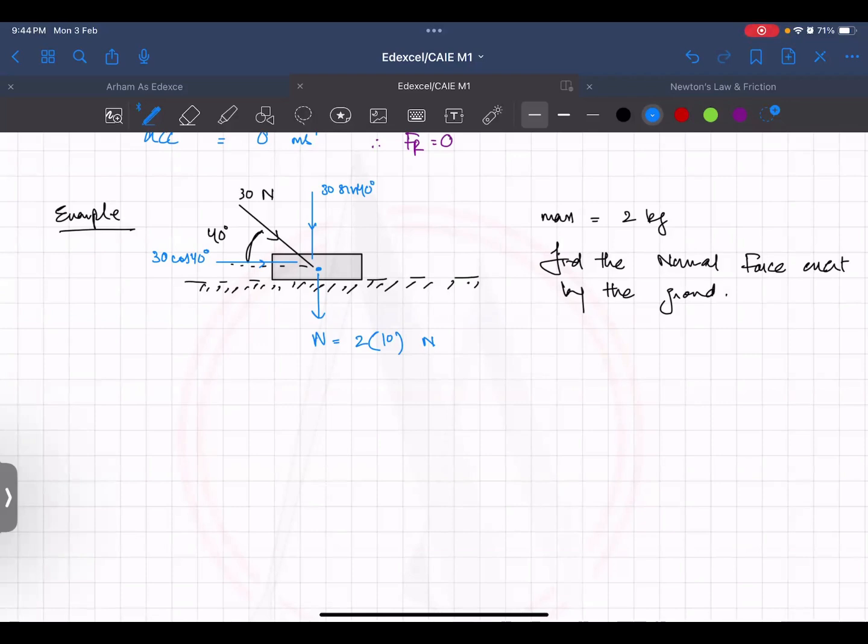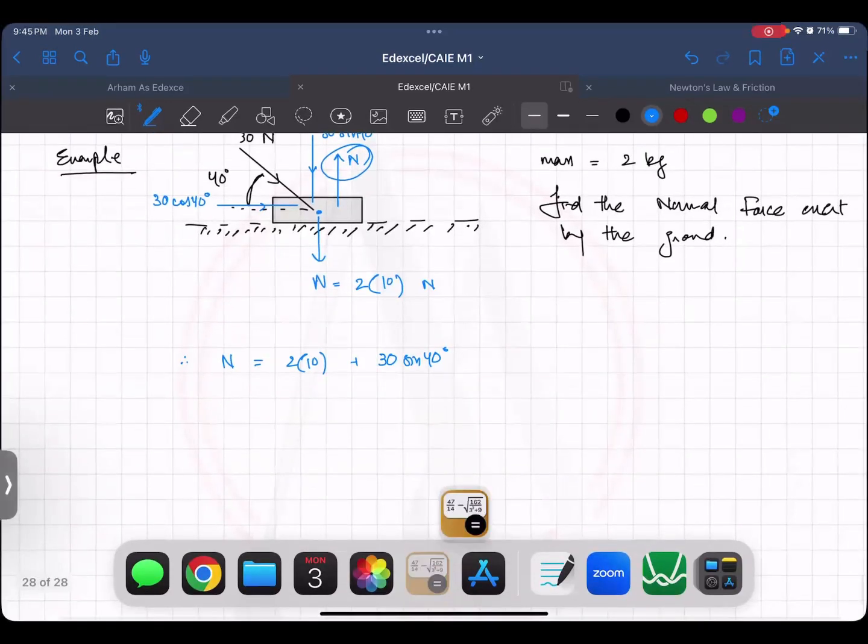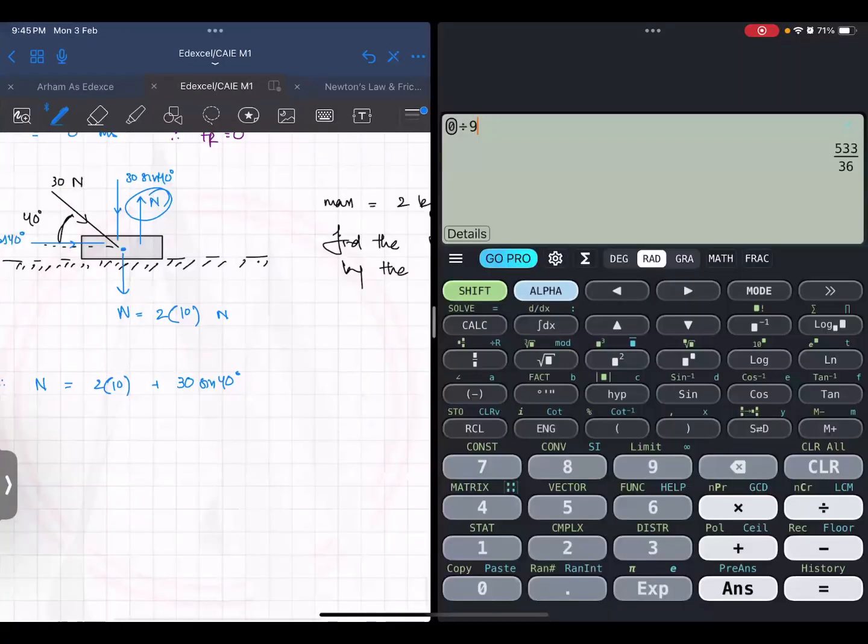So there would definitely be one more force cancelling out these forces, which would be acting upwards, because this object is not going to move up and down. It is just not moving vertically. So this is the normal contact force. The normal contact force is equal to the sum of all downward forces. So 2 times 10 plus 30 sine 40. This is the normal contact force acting on this block,